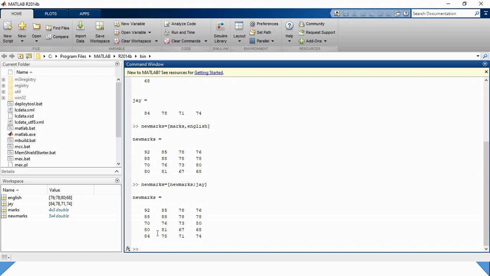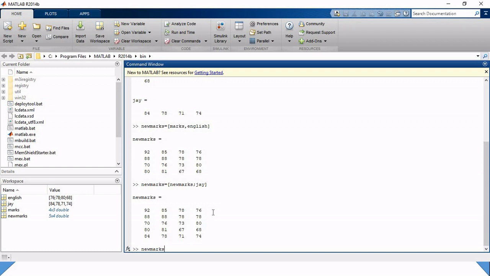Okay, now what if I need to change the marks? If the marks of English are going to be increased by 1, there is a possibility that one question is wrong and each and every student gets 1 mark of advantage. So we need to add 1 mark to each of the students. So how are we going to do that? Right now we need to play with some elements. So how can we change the elements inside our matrix?